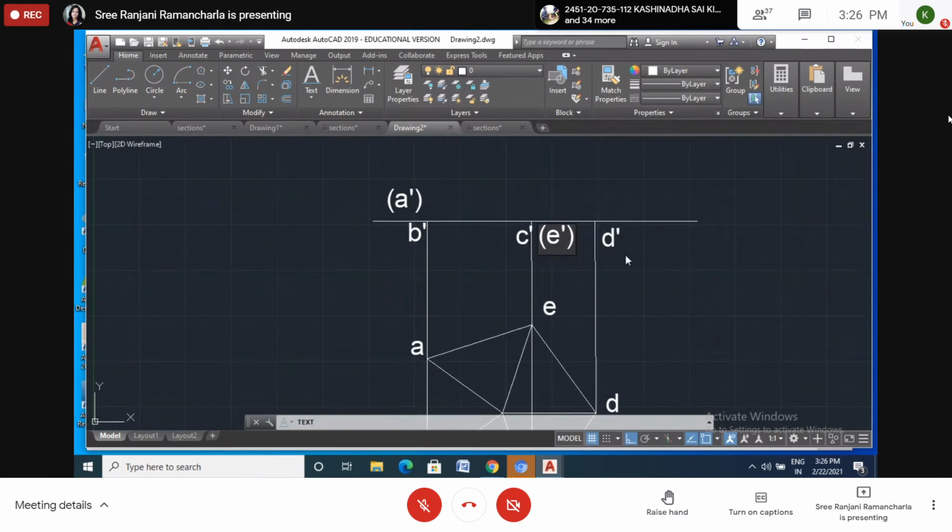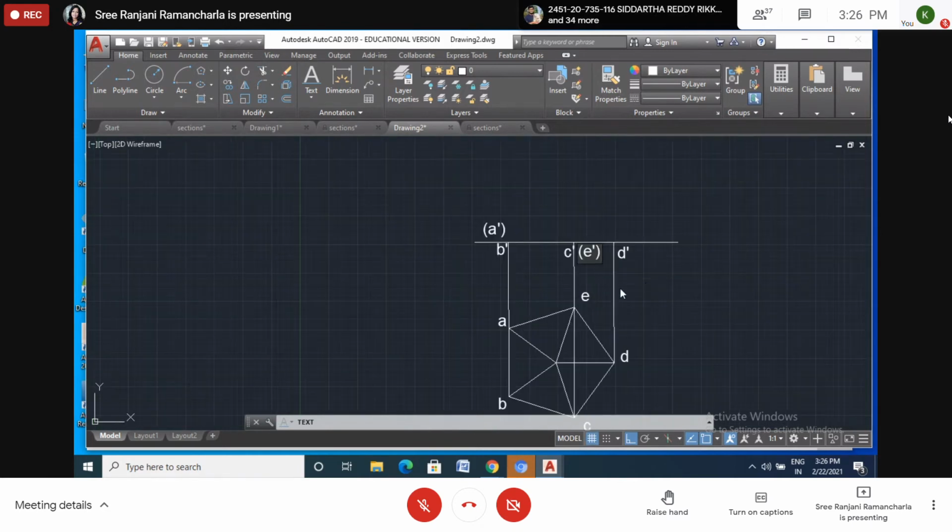Now is it clear to all of you? Now once I got this, once I projected the base, how will we draw the height? On what point we have to draw the height of the solid, the height of the pyramid? Yes, any one of you? Yes, very good. So apex, from apex, I will draw one more